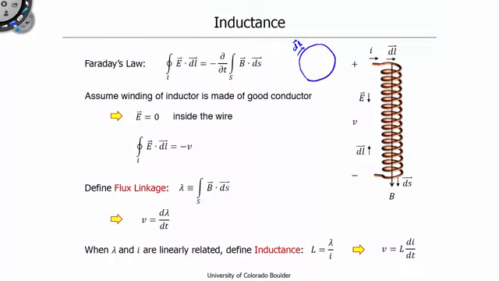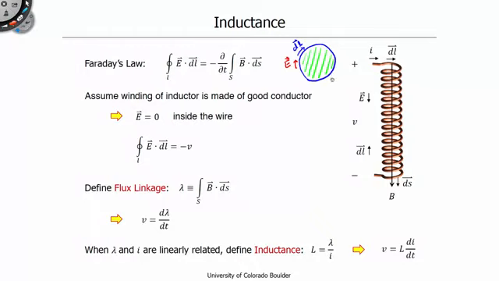Then if we integrate the electric field along this direction dl, that integral, according to Faraday's law, is given by the negative of the rate of change of the surface integral of the magnetic flux density through the surface bounded by this loop L. So we have this loop L here, and the surface that it is bounding is a surface that I'm shading, and the flux density that is crossing the surface,